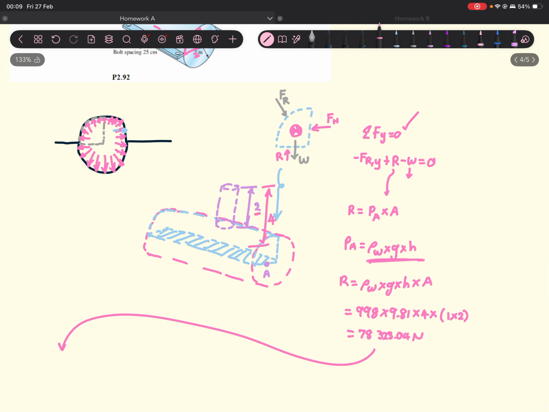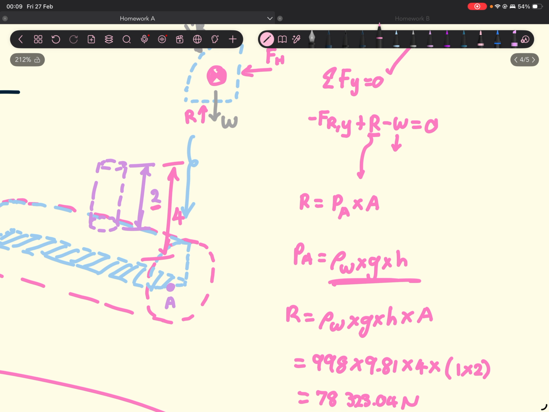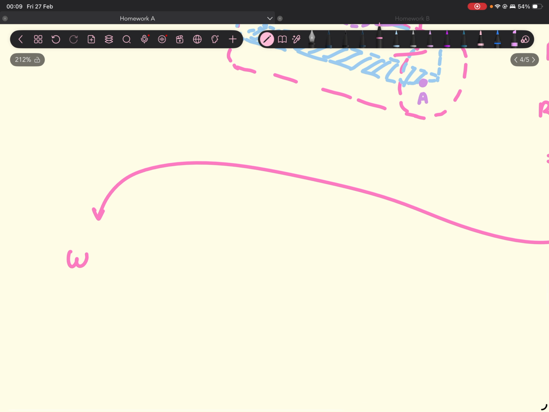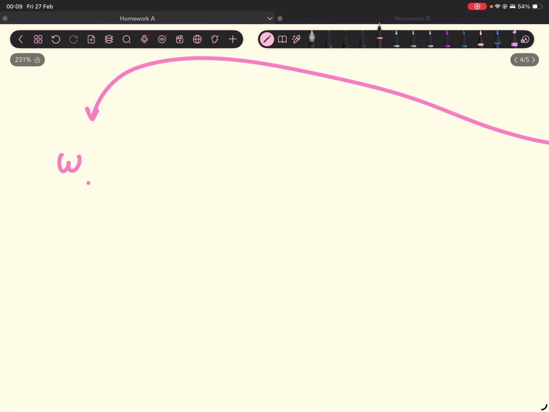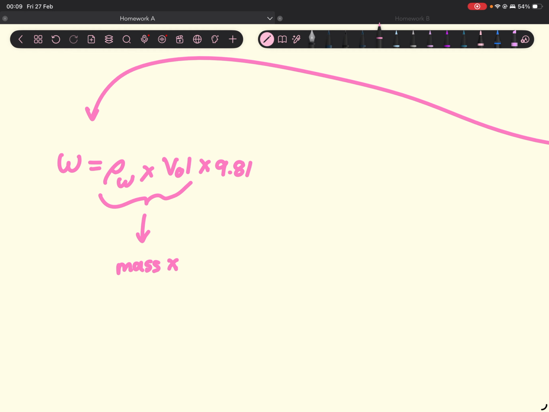And then from there we have R. So let's find W. So W is simply equal to the density of the water times the volume of the water times gravitational acceleration, right? So density times volume gives you mass, and then mass times G gives you weight. Okay, so if you plug in the numbers, this will be